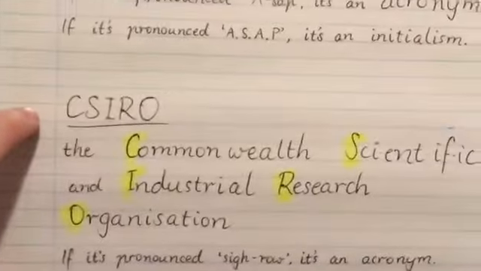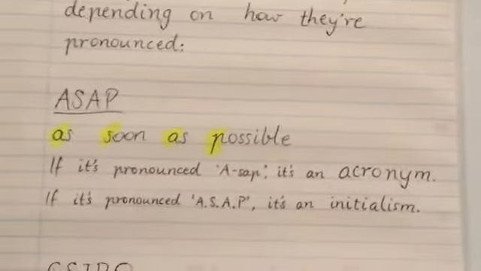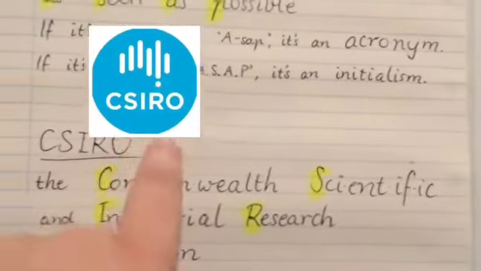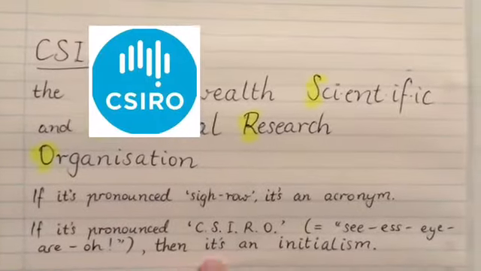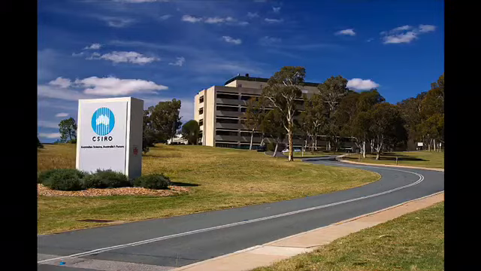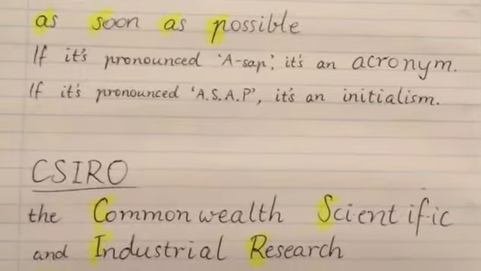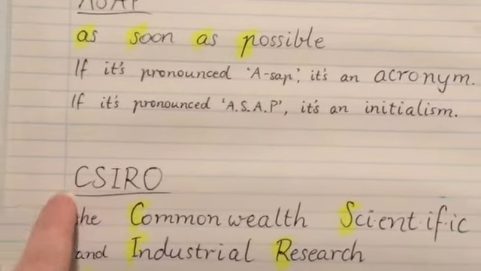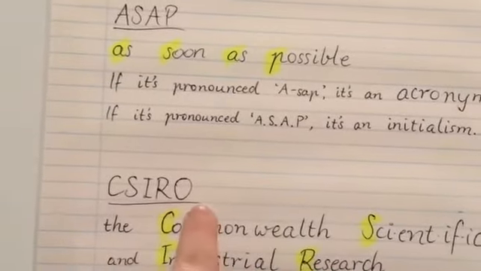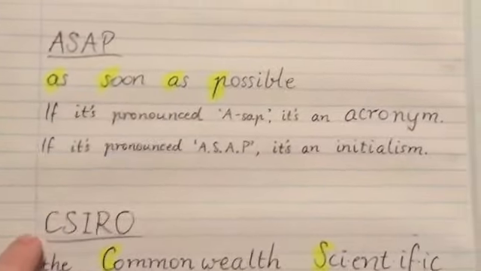And another one that's like that, I think maybe I'm just a little bit unusual in how I pronounce this, but I pronounce this C-S-I-R-O, and when I pronounce it that way, it's an initialism. It stands for the Commonwealth Scientific and Industrial Research Organisation, which is pretty long, which is why people abbreviate it or turn it into an acronym or an initialism. But a lot of people these days, including I think on the news, I've heard it pronounced as CSIRO, and if you pronounce it CSIRO, then that is a true acronym.